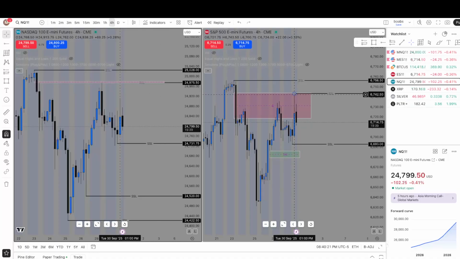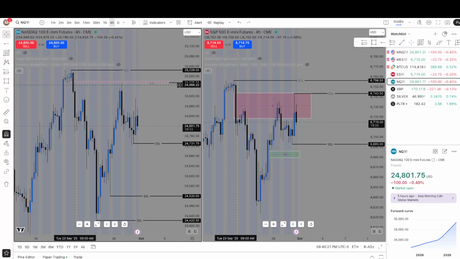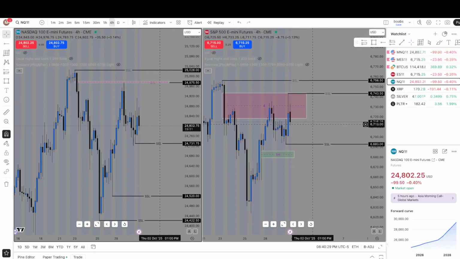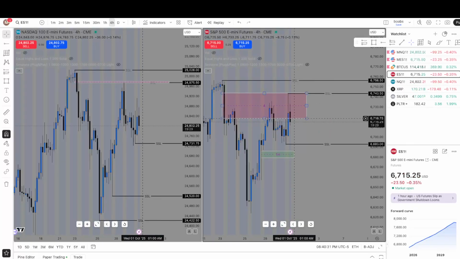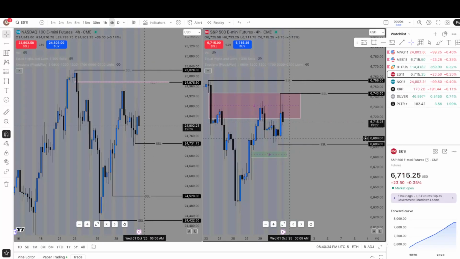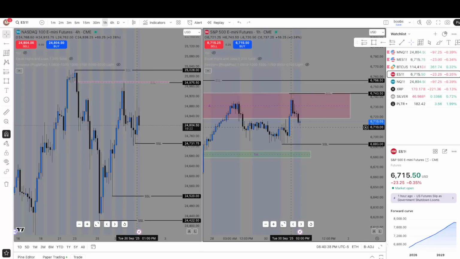We have this one, which is at 1. This one was at 5 a.m., 1 a.m., all the way up there. We're getting pretty close to all-time highs. And we did just sweep 4 hours, so I'm assuming the market's going to literally come down and come for the sell side liquidity. On the 1 hour, we have a 1 hour imbalance we're playing into.